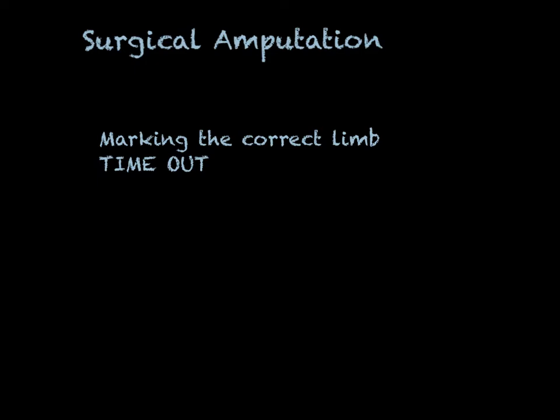So wrong site surgery is considered right now a never event according to Joint Commission. And even when you're not amputating, if you operate on the wrong site or perform the wrong surgery, this has devastating consequences for the person, and you've now subjected them to an operative procedure that didn't correct the problem they came in for, and now they have the recovery to go through on the wrong surgery. So timeout and marking the correct limb are absolutely essential.